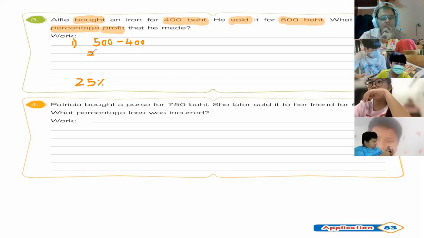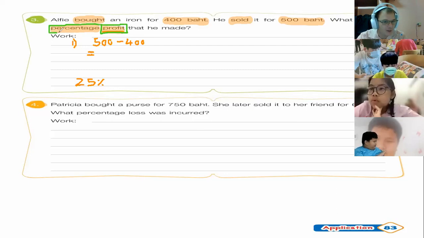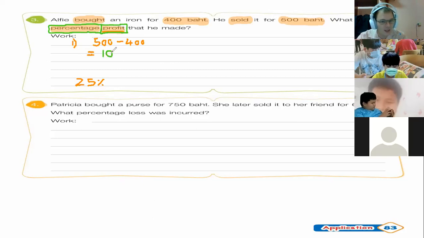Because we want to know what is the profit amount. How much profit did he make? So when we work with percentage, we always want to also know what profit. So this question we have to read very carefully. Because first we want to get the profit. So our profit equals 100 baht. So now we have the profit. Now they ask us what percentage profit that he made. So now we know we have to work with the 100 profit